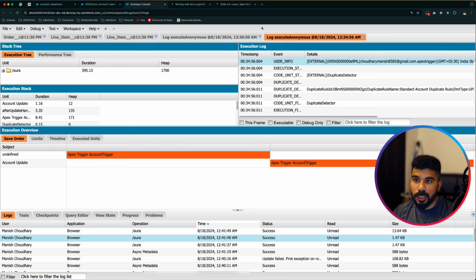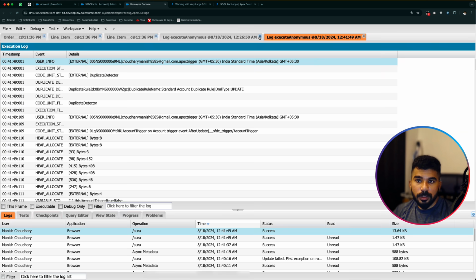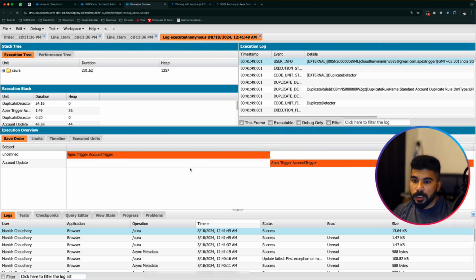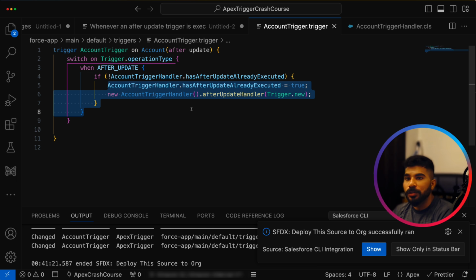And if you go to our developer console, let's open the latest log here. And let's open it in analysis mode. And you see we have executed after update only twice, and the second time it kind of exited right from here. It did not even execute our logic. So this is what we call the recursive trigger problem, and this problem is very common and it happens because